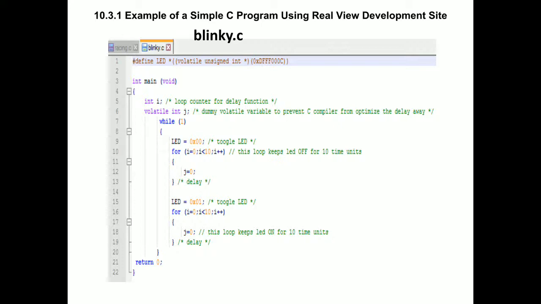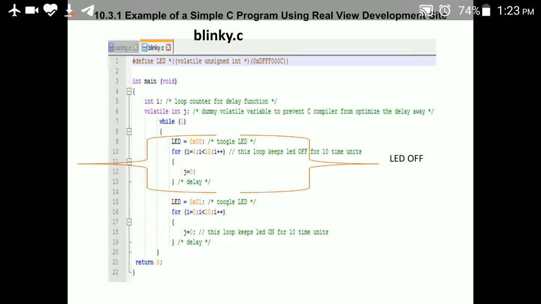Or if you want the LED to blink, on and off, you might have seen this on a tower. There the light will turn on and off continuously. That means it will stay on for some time and off for some time, and on for some time, off for some time. This will repeat, like this.